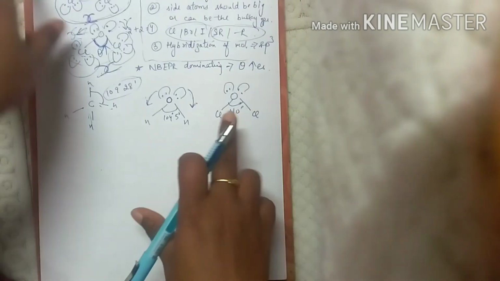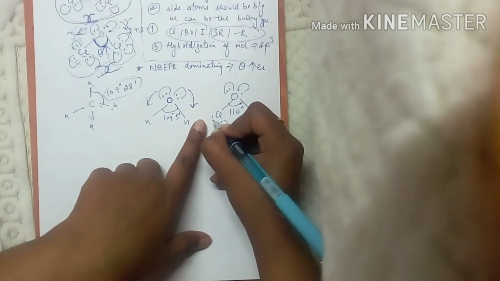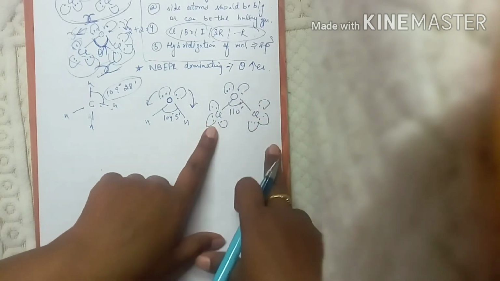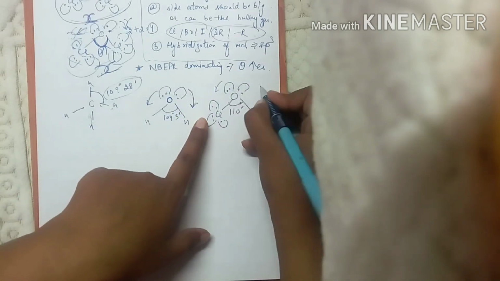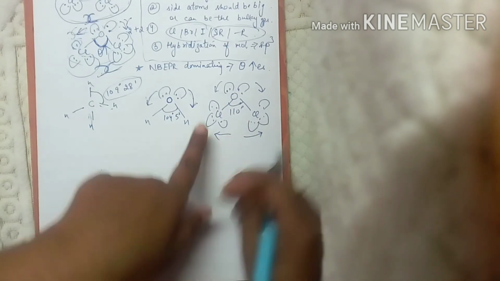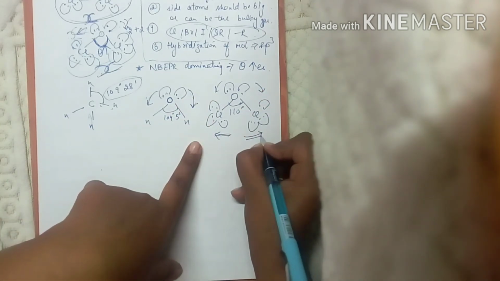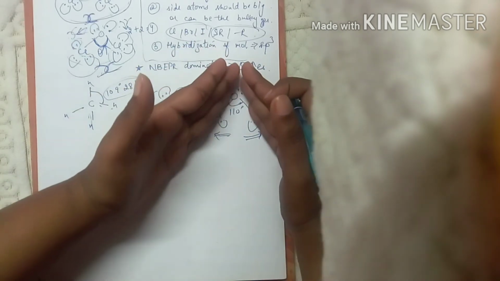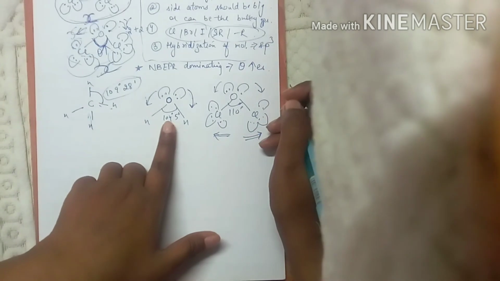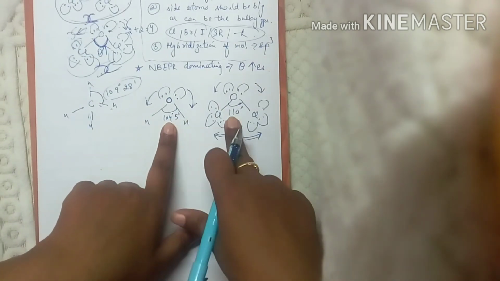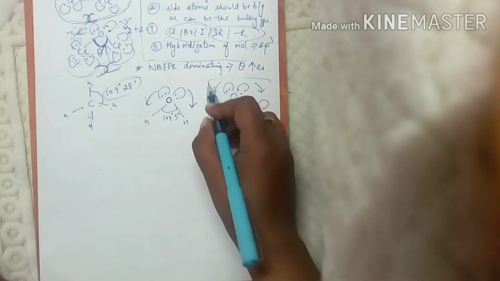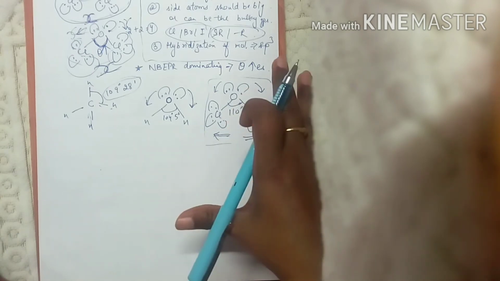But in this case, these non-bonding electron pair repulsions are also present, and these are also dominating over these repulsions. These repulsions are present, but these repulsions are dominating over these repulsions. These are more than these ones, so the angle, instead of moving inside, moves outwards. So instead of being at 104 degrees, it goes up to 110 degrees. So this is the case when NBPER dominates, the angle increases.